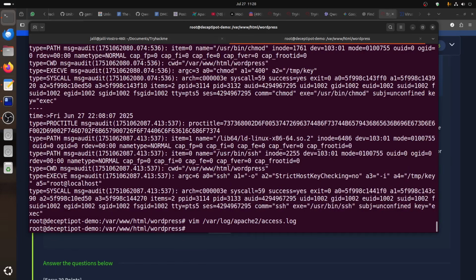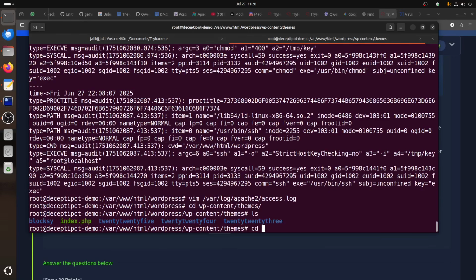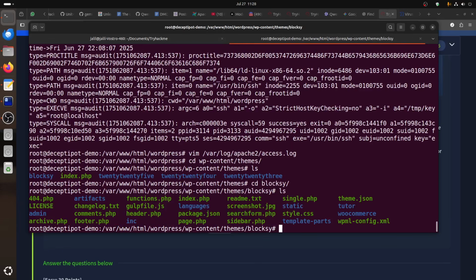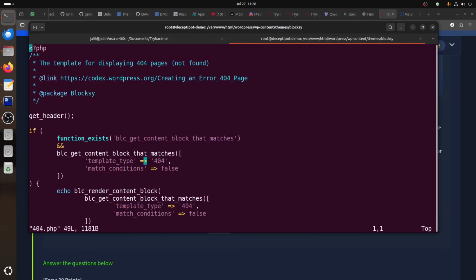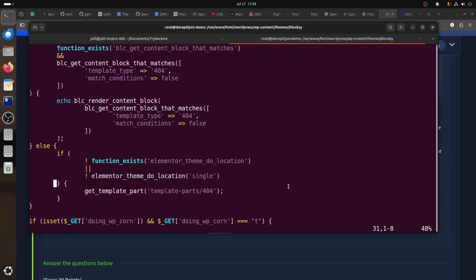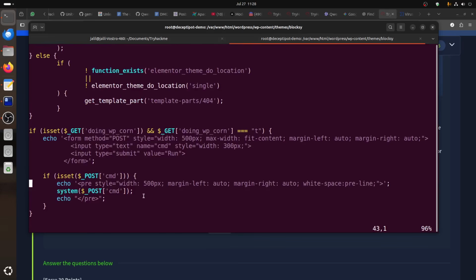Now let's go there. If I go to wp-content/themes, the theme here, let's ls, and then we can see where is that 404 that he installed. If you go to the elementor theme, you can see the backdoor is here, doing wp-cron, so it's masquerading as a